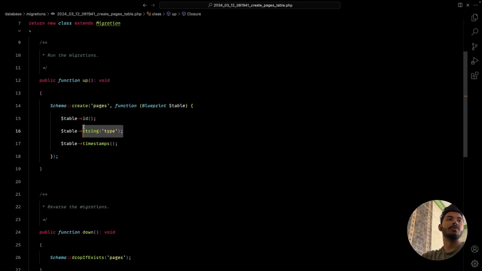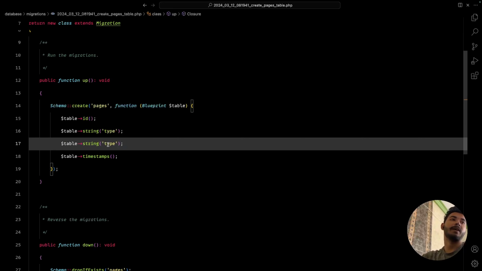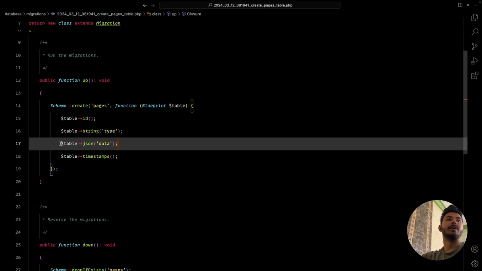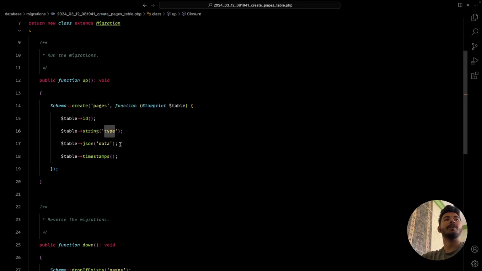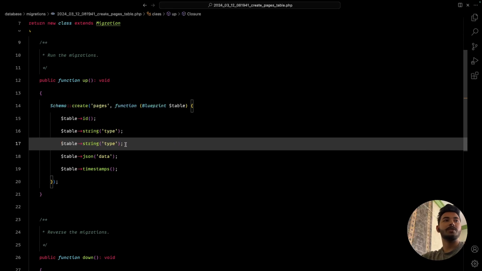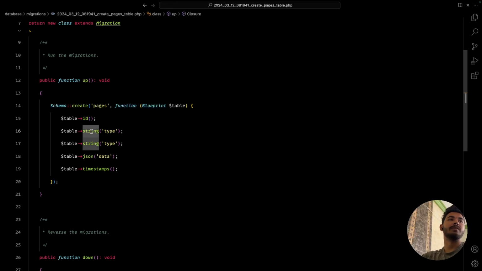You can also define it as enum if you have some specific types, and you can use that enum later on in your code. So I'm just going to keep it as it is because I'm just going to showcase it for only one page. And then I'm going to use a JSON column. So all the configuration of this particular page will be stored in this particular column and nowhere else. Okay, and we will need to associate this page to a user